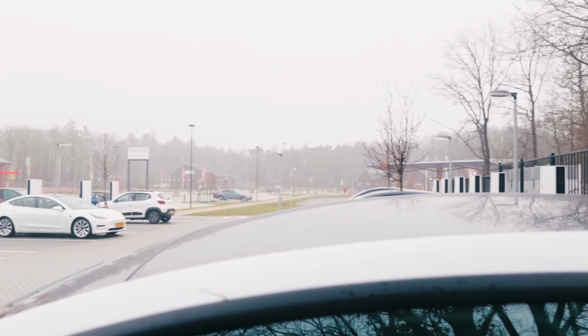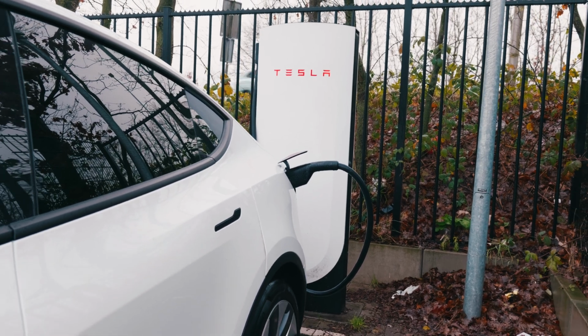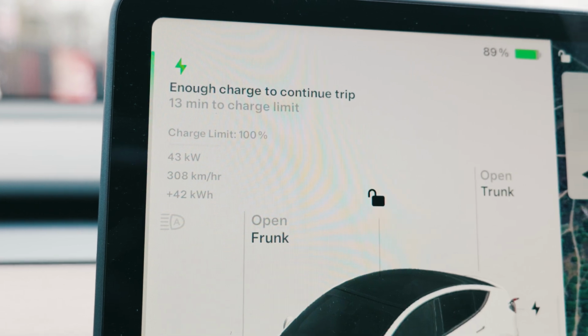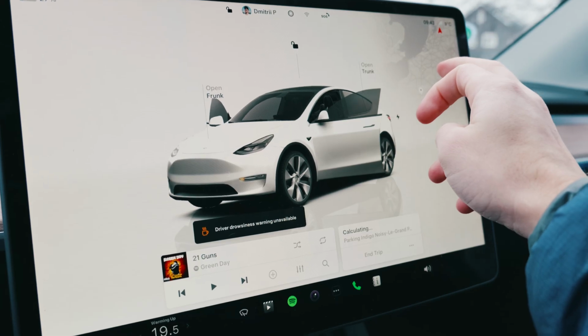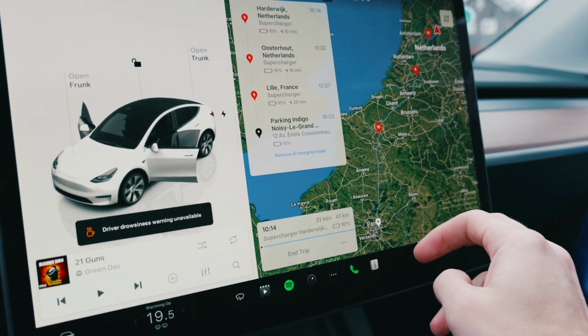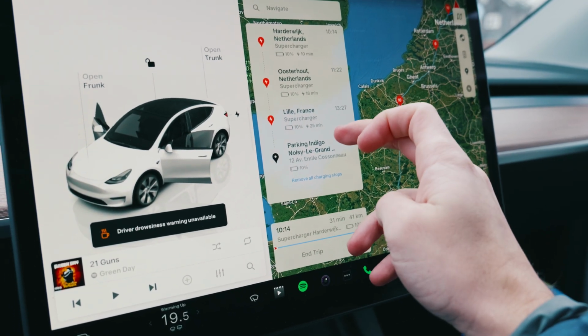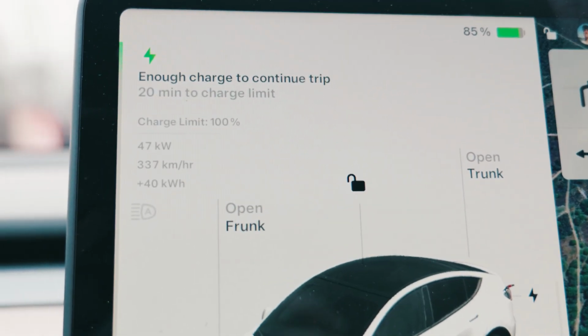I was surprised to learn it was built here in the Netherlands and not in the US, for example. Since it's only the beginning of the trip and we were eager to drive, we charged only to 90% in 25 minutes and continued. Tesla Navigator automatically drives you right via supercharger with a prediction system when you need to charge next. This is a fantastic system, but it makes your supercharger stops very short to optimize the charging speed,